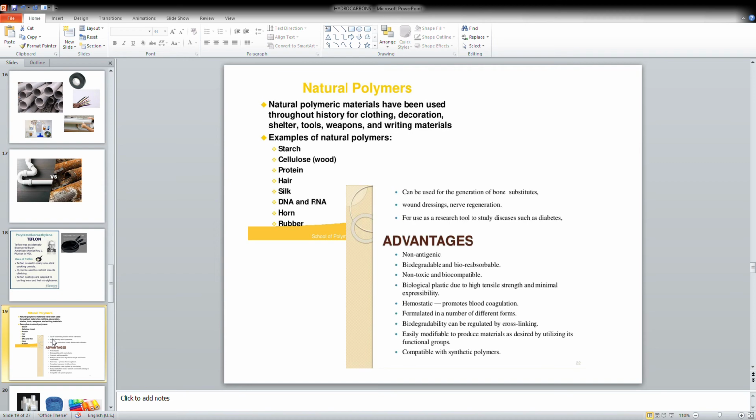And the next one here, now you get an idea about the polymers and the polymerization. Then when you get the polymerization, we discuss the synthesized one. But you should know that naturally also we have the polymers. They are called natural polymers, without involvement of human beings, right? We have starch in our body, and the food substances have starch, and the plants have cellulose, and protein, and our body parts, hair, skin, right? And the DNA, RNA, rubber, all are natural things. They are natural polymers, right?